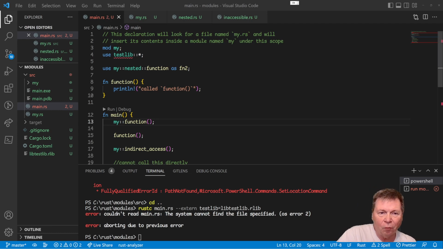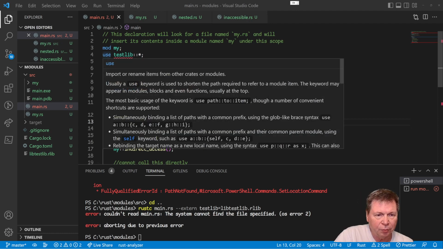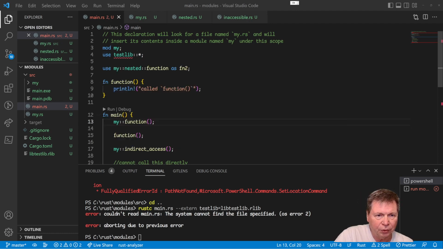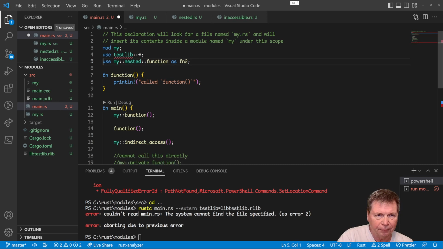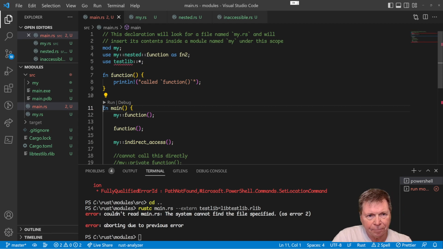I have added one thing here, which I read on Stack Overflow. It says, hey, you should probably be doing this: use testlib::*. Okay, so fine. We'll do that. And so now I have both. Oh, and it rearranged them for me. Okay. I have both